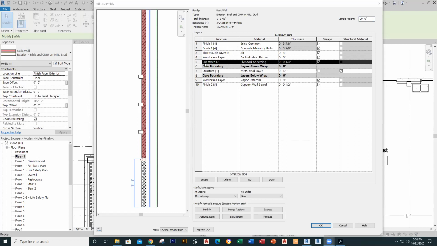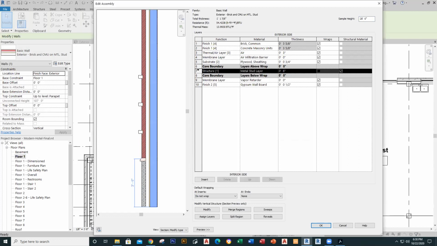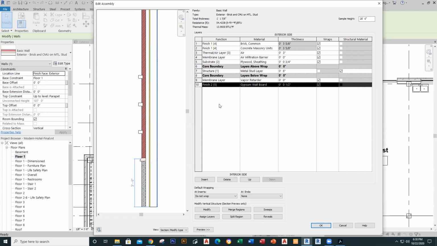At this point, that's going to be my plywood. And then down here I've got a metal stud layer, and then down here a membrane, and then I've got my finish, which is my gypsum drywall board. So all these elements are put together, and when you draw a wall in Revit, all of that information is